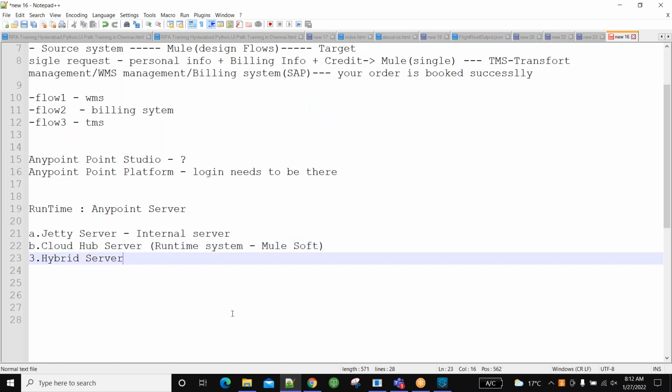In the case of an on-premise server, we will design the flows and create our own server. Some clients are very specific, especially banking and defense.